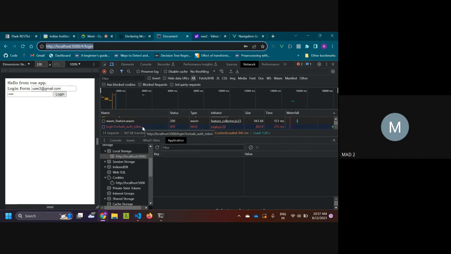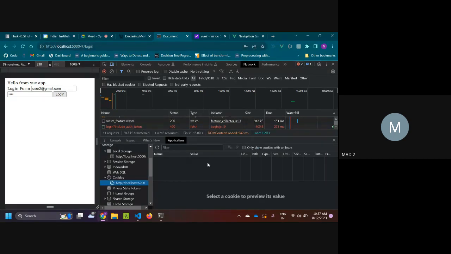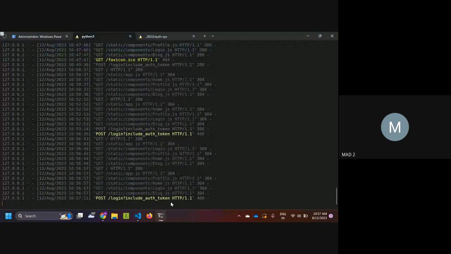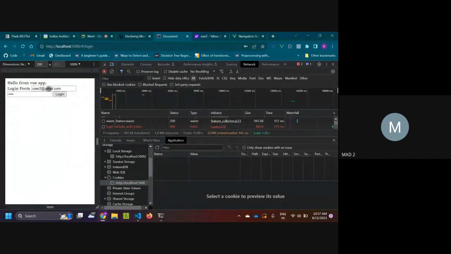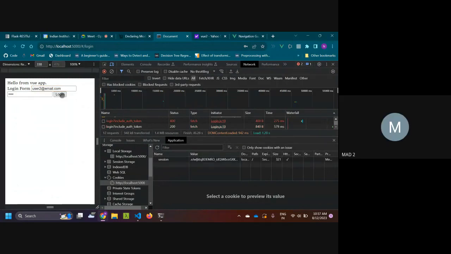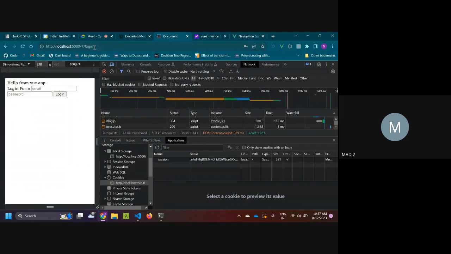Why is authentication giving a 400 error? What happened now? Am I writing the credentials wrong? It's email. It should work. Now if I refresh and then go to the home page,